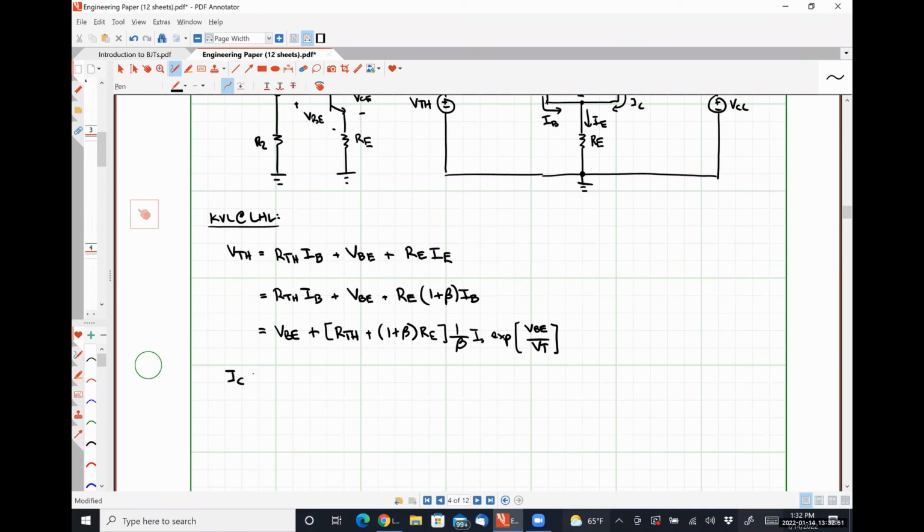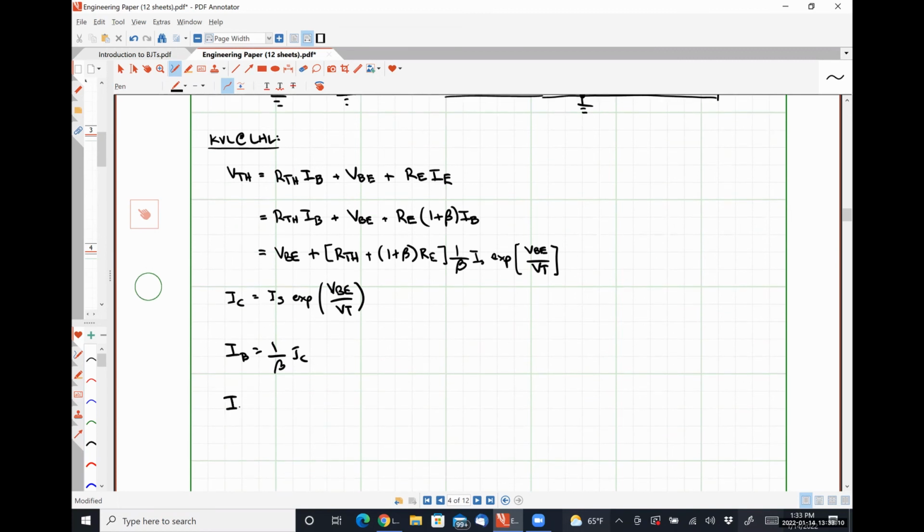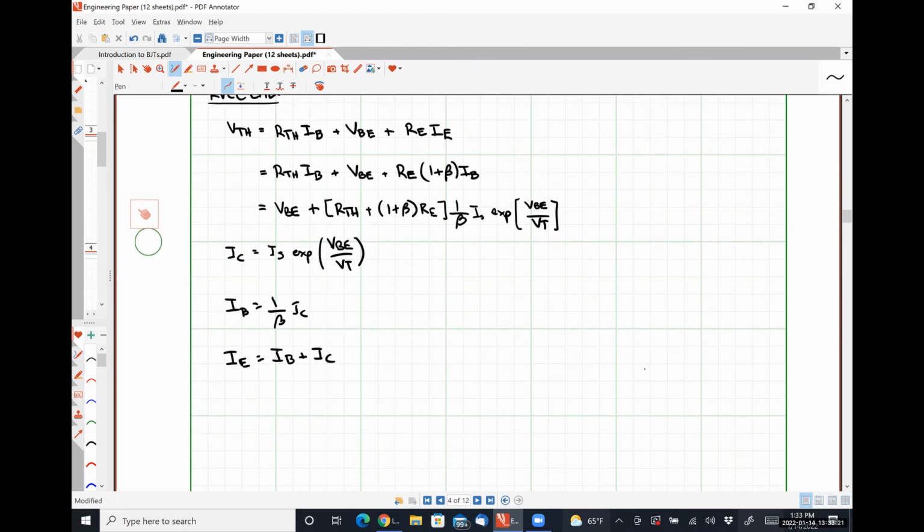We know that IC is equal to IS times EXP of VBE over VT. IB is 1 over beta IC. IE is simply IB plus IC. And our last quantity that we need to figure out